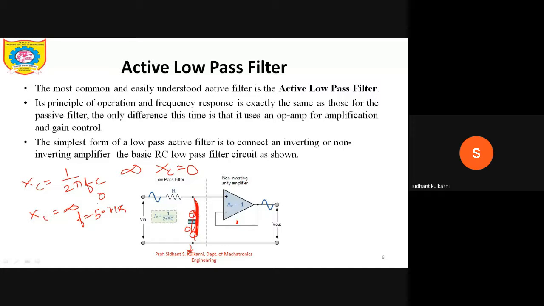In this case, we can say that low frequency components are forwarded to the non-inverting input terminal, whereas high frequency components are bypassed through the capacitor, and hence it is called a low pass filter. What is the meaning of low pass? It is going to pass low frequency components. So the most common and easily understood active filter is the active low pass filter. Its principle of operation and frequency response is exactly the same as those for the passive filter. The only difference this time is that